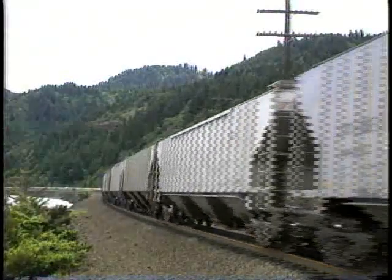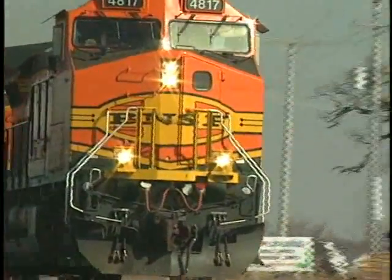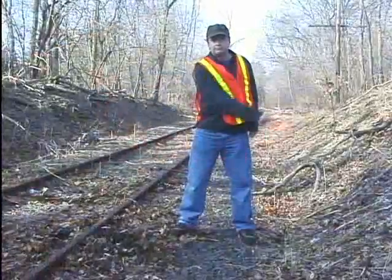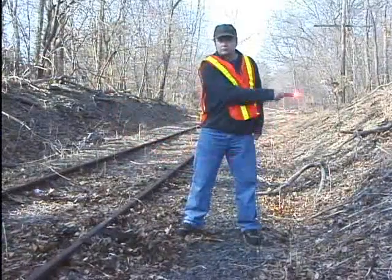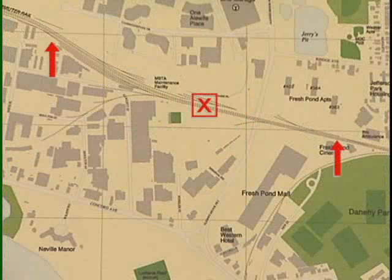Because it takes so long for a train to stop, you should learn about the speeds and weights of trains in your area, including the weight of the cargo. This information will be particularly important if you must act as a flagger to stop oncoming trains at either end of an accident. The flagger travels a specified distance, depending on the speed of oncoming trains, in each direction from the accident,